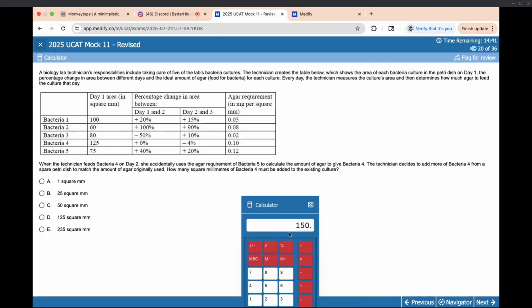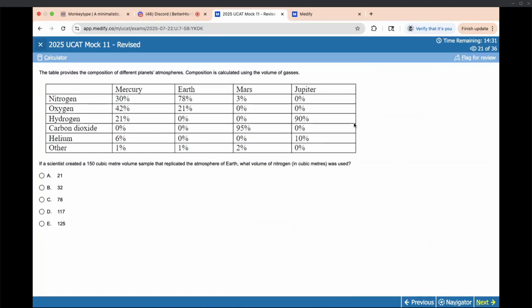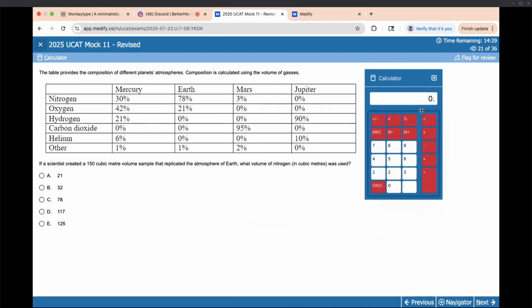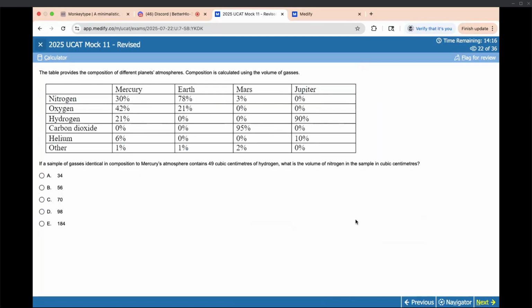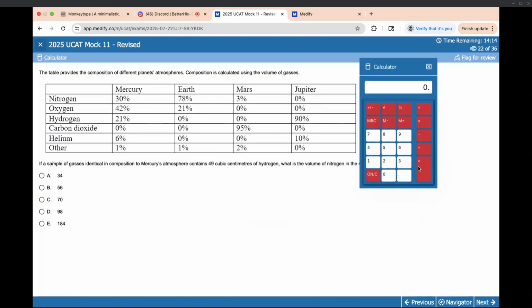So then 15 divided by 0.1 is 150, and then minus the original, that's 25. This is pretty easy. What, 0.78 times 150 is 117. So 21 over 30, and then you have 49 divided by 30%. So yeah,